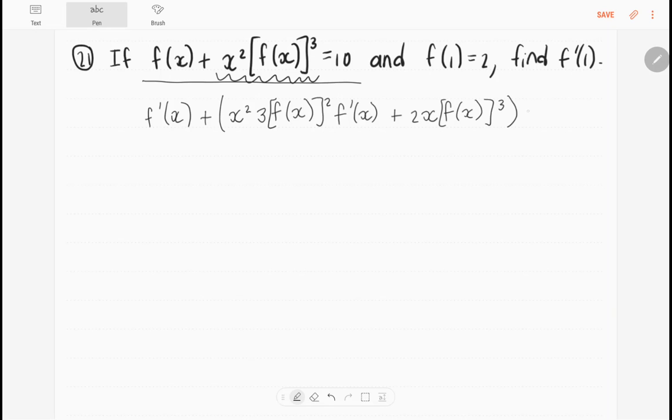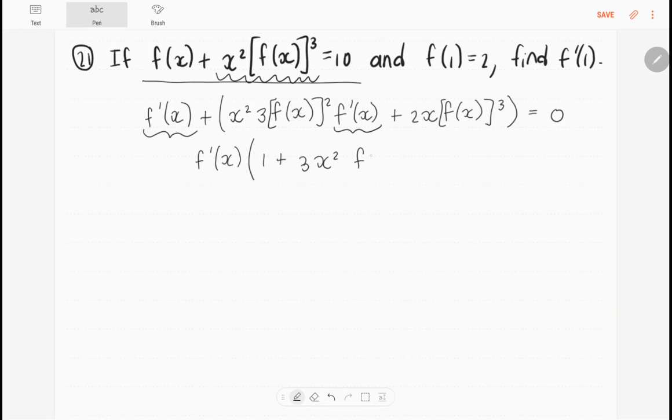And then on the right, I have the derivative of 10, which is 0. I want to make the derivative of f my subject. So I'm going to say I have the derivative of f. And then I take out the derivative of f as a common factor from the terms containing the derivative of f. Then I get 1 plus